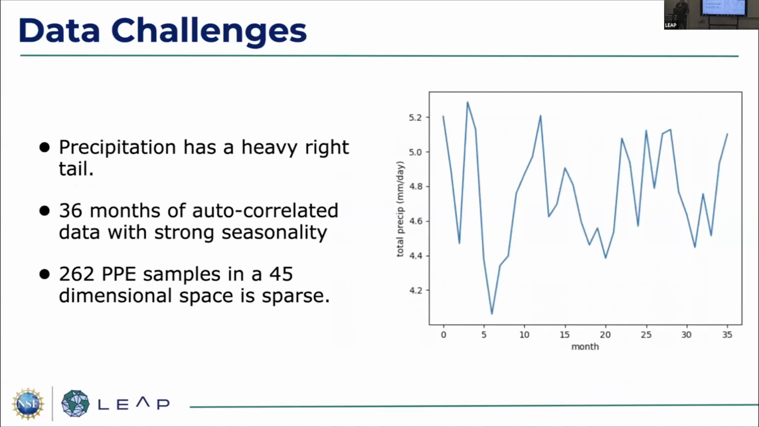So there are some data challenges with working with this data set. Precipitation has a heavy right tail, which means more extreme values are more likely. And 36 months isn't very long when you're dealing with autocorrelated data with a lot of seasonality. And finally, there were only 262 PPE samples, but in a 45-dimensional space, that can be kind of sparse. So